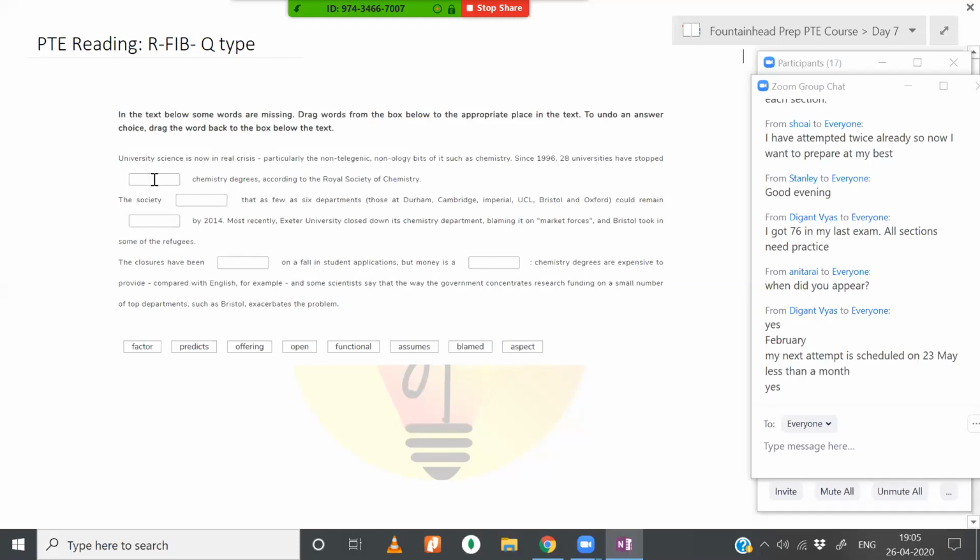Okay. Often you will see, for example, let's say how many blanks you have here: 1, 2, 3, 4, 5. And if you have 5 blanks, you will have about 7 to 8 options, which means the options are going to be tricky. All right. So this is also known as drag and drop fill in the blanks, where you will drag the correct option and drop it into the particular blank. This only contributes to your reading section.